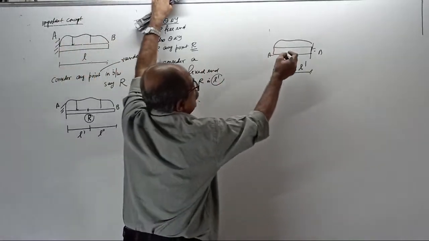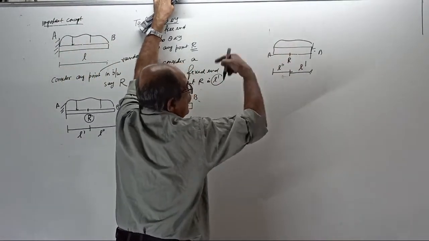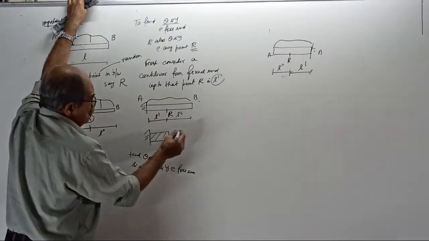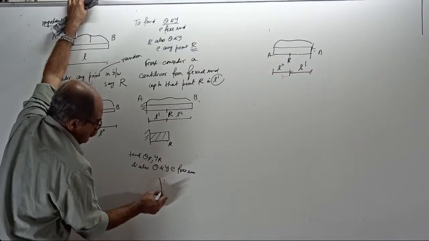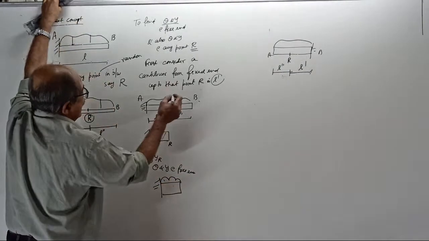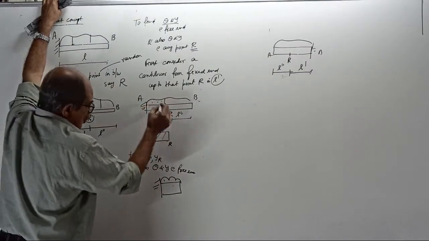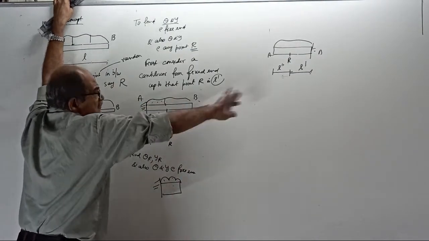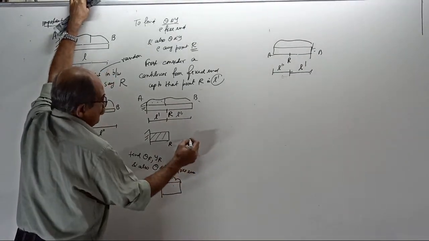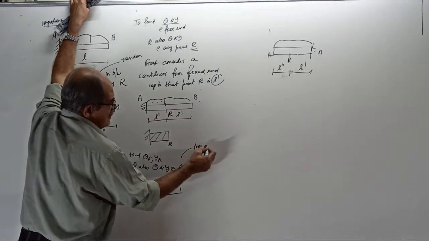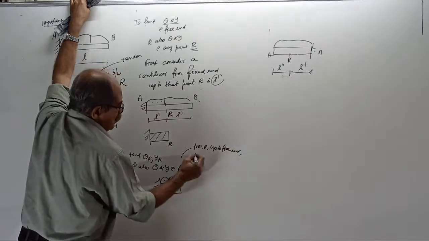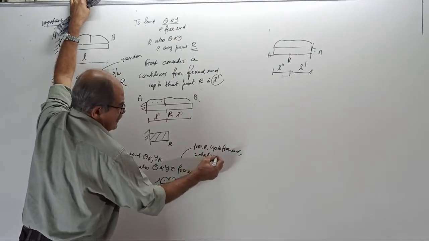Here, find slope at R, deflection at R, and also slope and deflection at A. How? For that, you have to consider, remember, whatever load is here, you have to consider, plus this side load removed. For this, from R up to free end, whatever load is there,